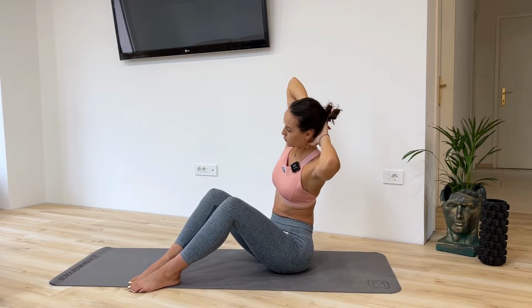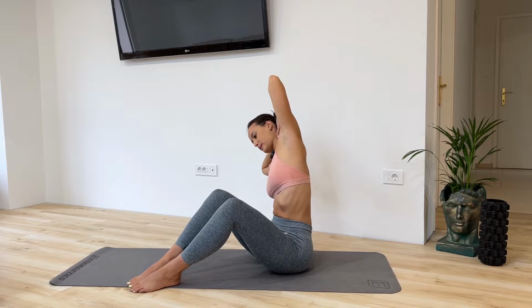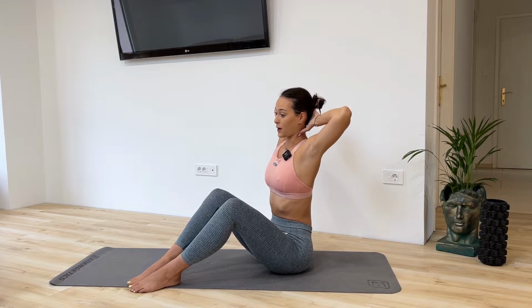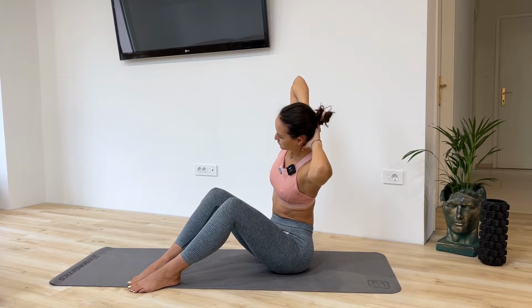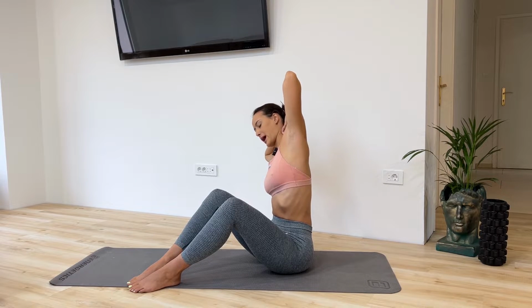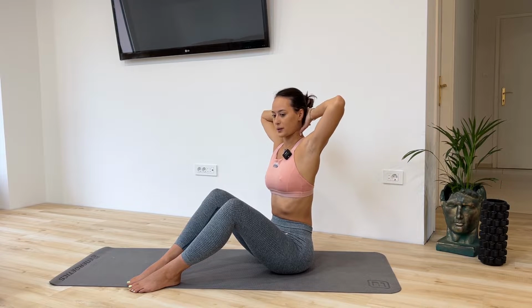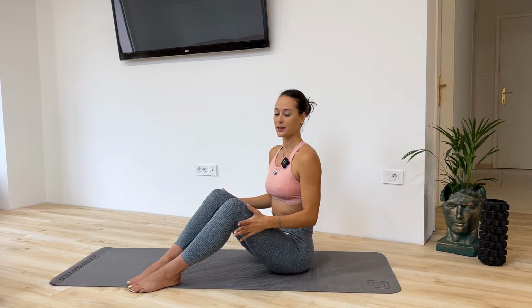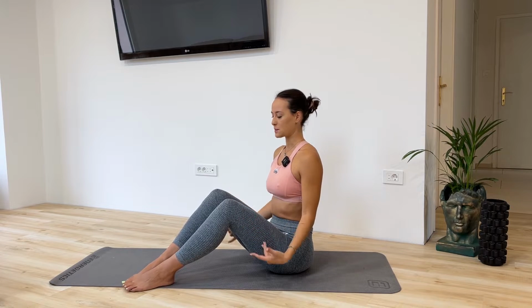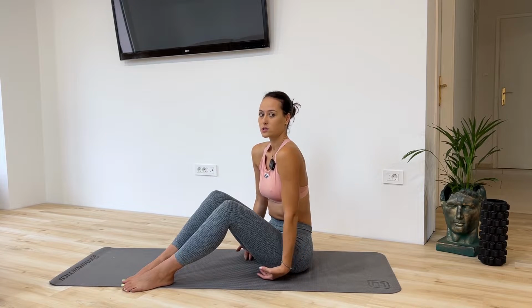Trying to hold it stable, engaged, strong, while still elbows out. Don't let it fall in. And pause, dropping down. Great. Now, still in this position, dropping down our arms, we're going to start with shoulder circling,